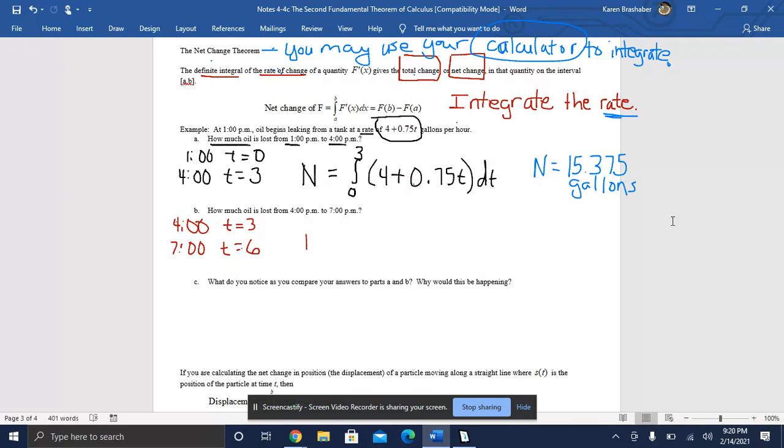And so now we're going to integrate the rate again, only this time going from time 3 to time 6, and 4 plus 0.75 t dt. Again, use your calculator, and n will equal